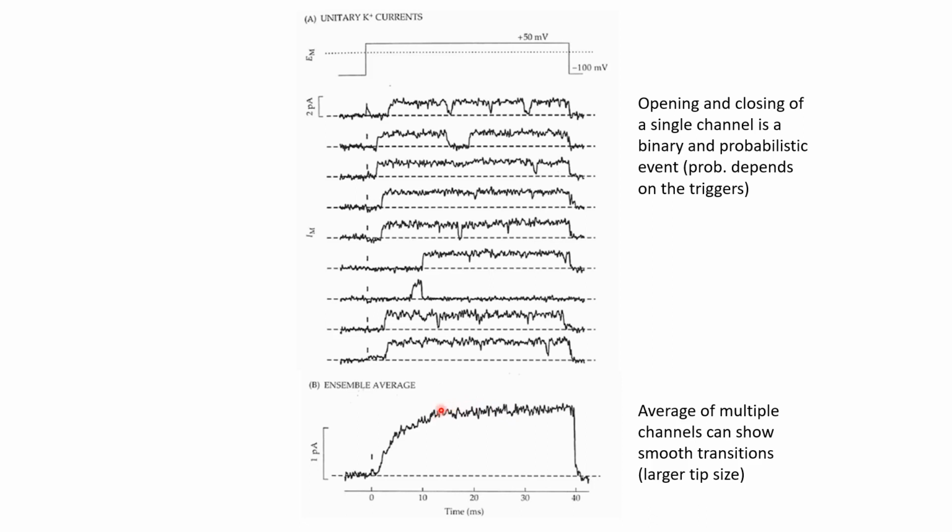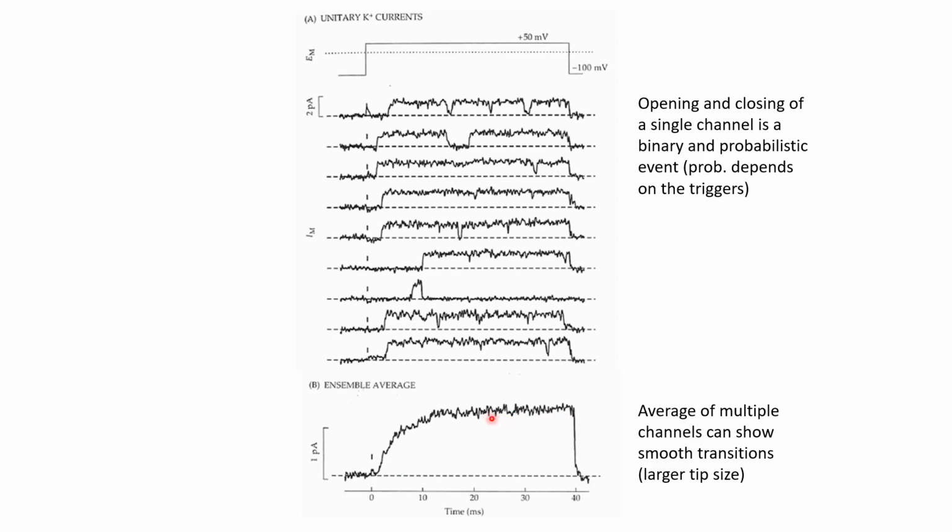That might give the impression that the channels are gradually opening, but as we have seen, individual channels are either in the closed state or open state, so they are binary. It's just that the probability of opening is increasing with time. In the beginning the probability of opening is small, so only a few channels are open, and after a few milliseconds the probability of opening has increased, so now more channels can be open. But any given channel will only be either fully closed or fully open, not partially open.